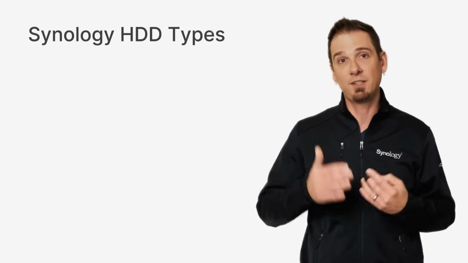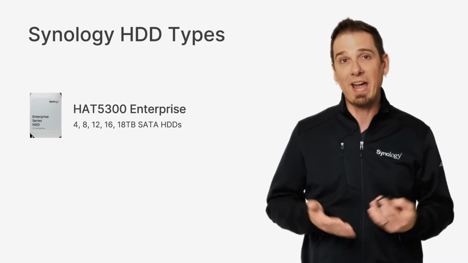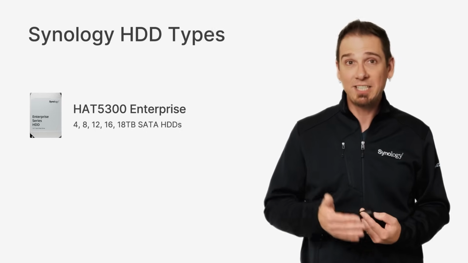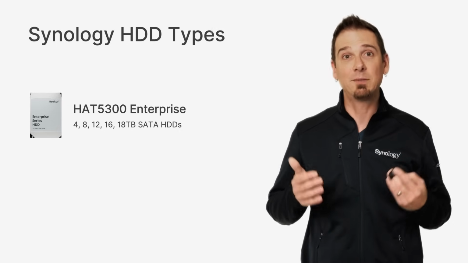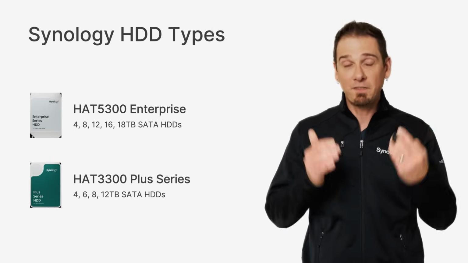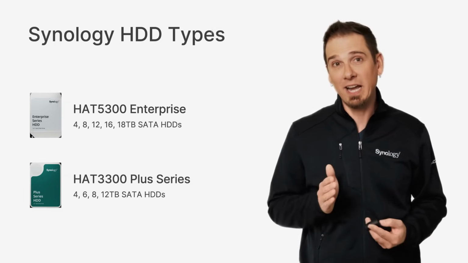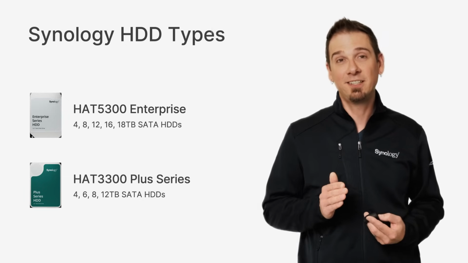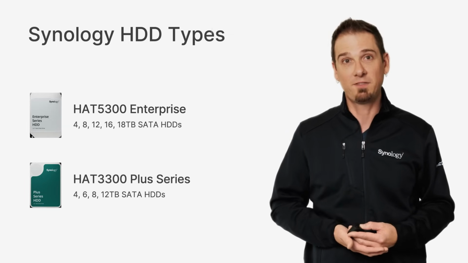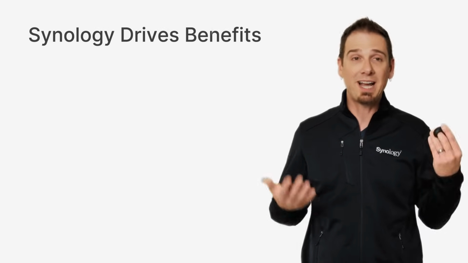We do have 2 different tiers of drives. The 5300 series drive is designed for business use, the larger rack mount products that we reviewed earlier. The 5300 series drive has a 5-year warranty, 7200 RPM spindle speed, and these are helium-sealed drives. Meanwhile, the 3300 series is a 5400 RPM spindle speed and comes in a smaller size. And the 12 terabyte actually spins at 7200 and is helium-sealed. So as a pro tip, if you're an enthusiast and you want the peak performance of the series, go with the 12 terabyte drive.